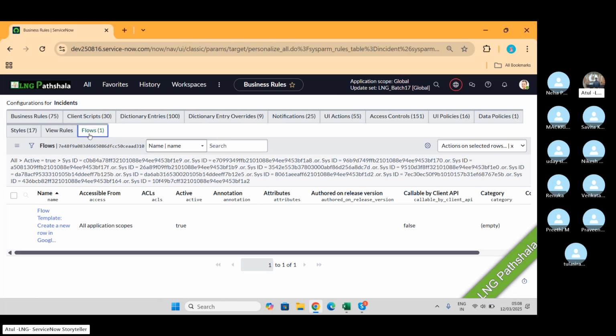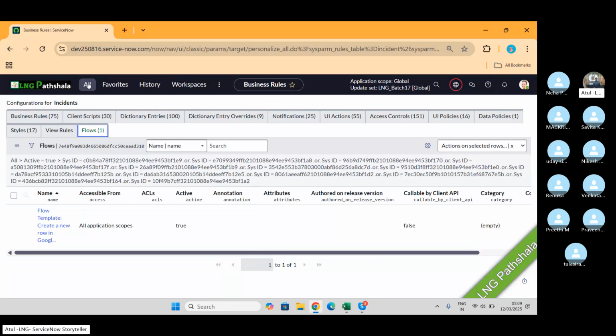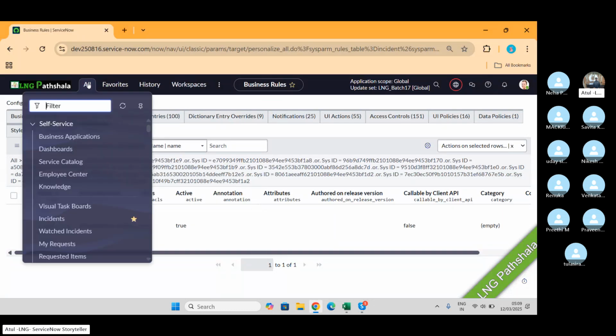If you're a developer, you will not go in this format. Another way, I will give you a few words and you have to try those words. And today, who will take today's homework? Praveen, you can take today's homework. Go to the application navigator and type